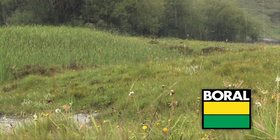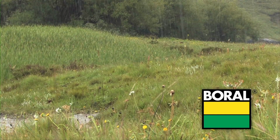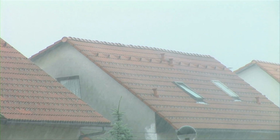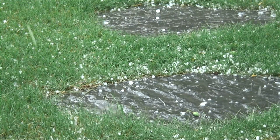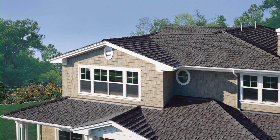Year after year, hailstorms ravage the hail belt of the U.S. and wreak havoc on non-durable roofs. In an average year, hail causes more than $1.6 billion worth of damage to residential roofs in the United States, making it one of the most costly natural disasters. There is a concrete solution, however, and the testing in this video will demonstrate the durability of concrete roof tile